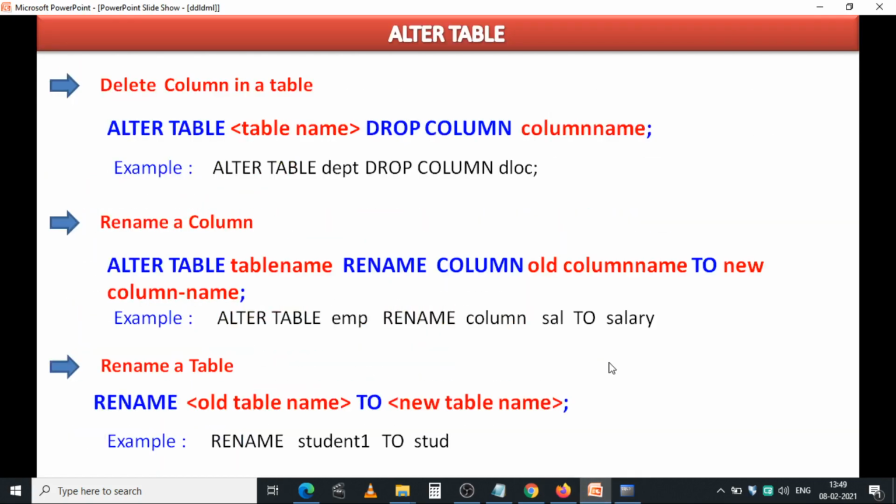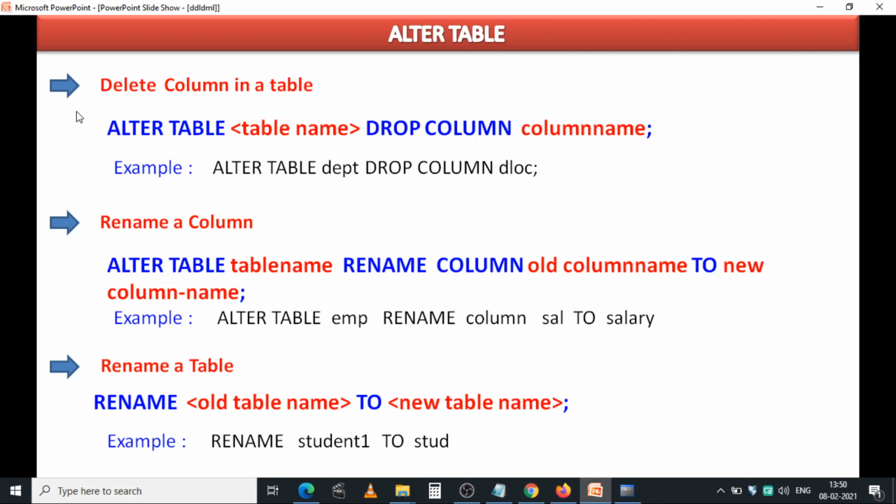Now next, if you want to delete already existing columns from the table, we use the drop column clause with the alter table command. Just see this syntax: alter table, table name, drop column. There is a space between drop and column, then a space and the column name.